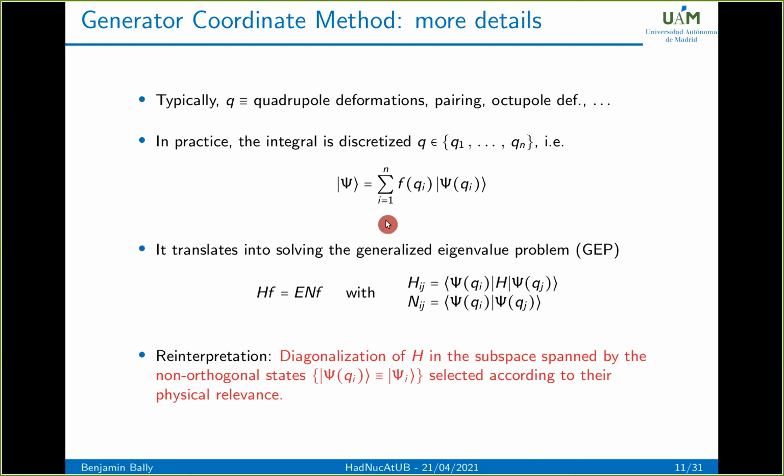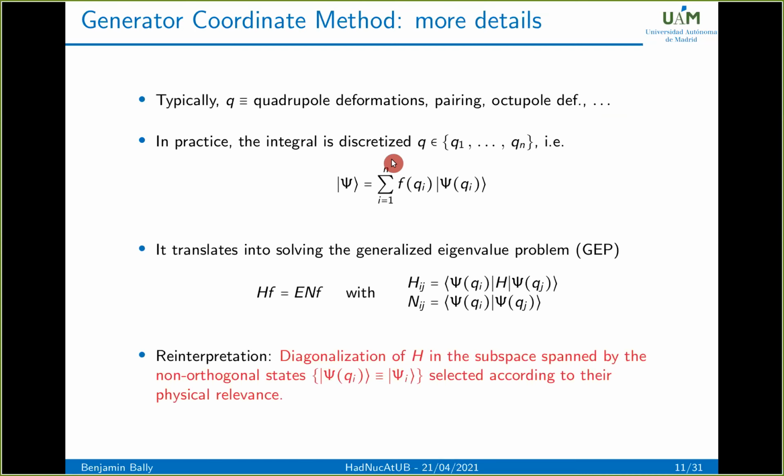Here, basically, what you want to do is build much better basis states that contain much more physics, such that you can diagonalize in a much more restricted space and still get a nice result. So you put more emphasis on building a set of basis states that contain more physics.